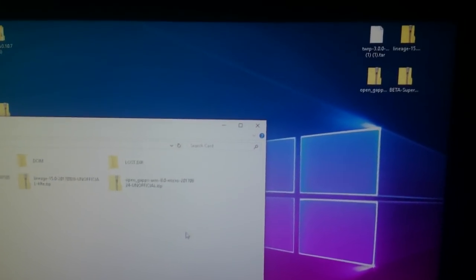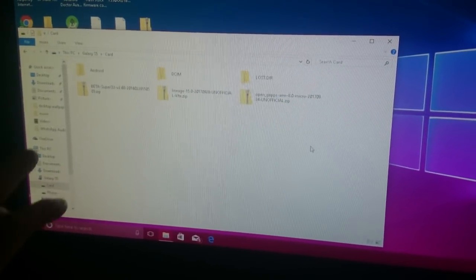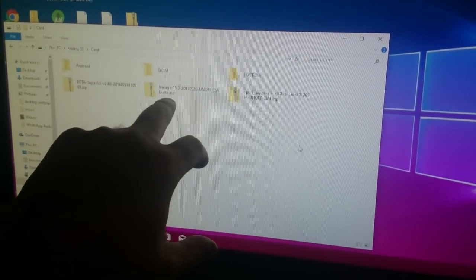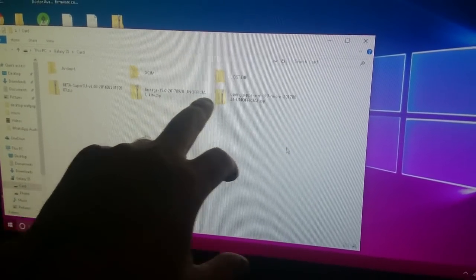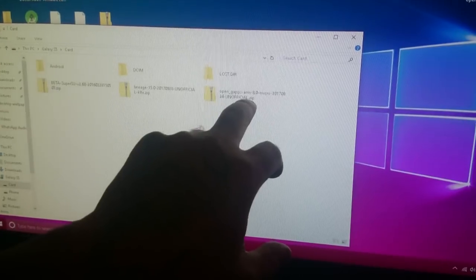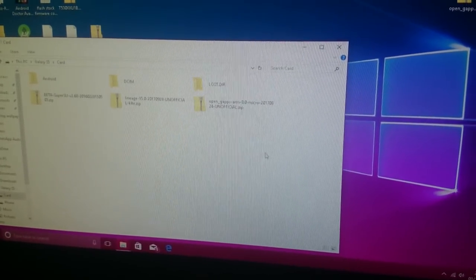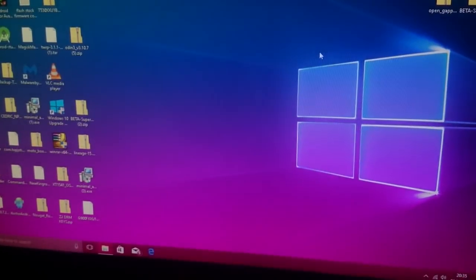Okay, so once you finish transferring those three files, you should have all three on there: the Beta Super SU file, the Lineage 15 Android 8.0 zip file, and also the OpenGApps 8.0 micro zip file. You should have all three on your SD card. So you can go ahead and shut that down. Okay, next, unplug your phone from the USB cable,